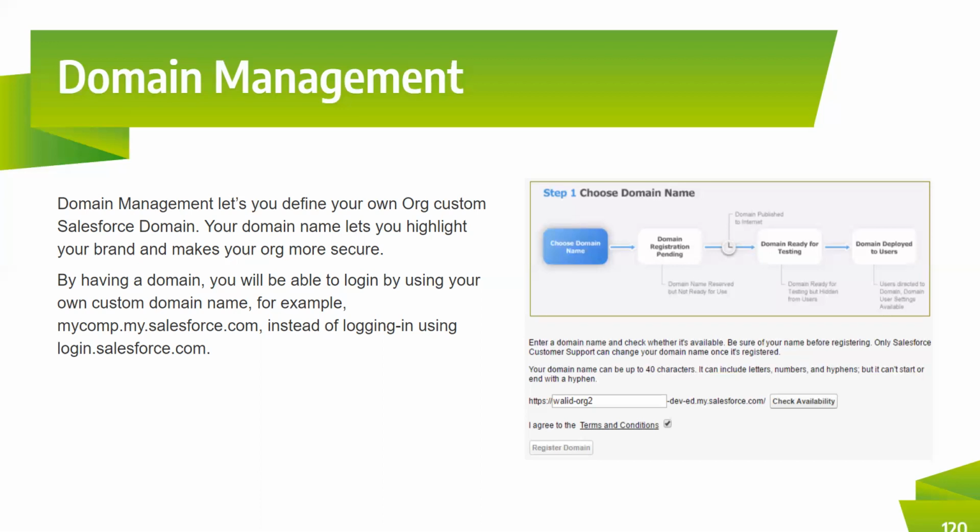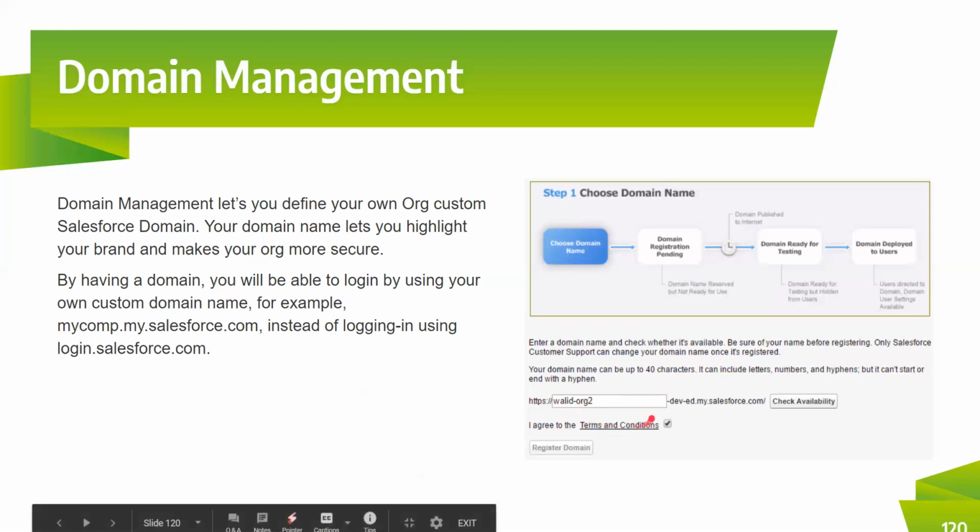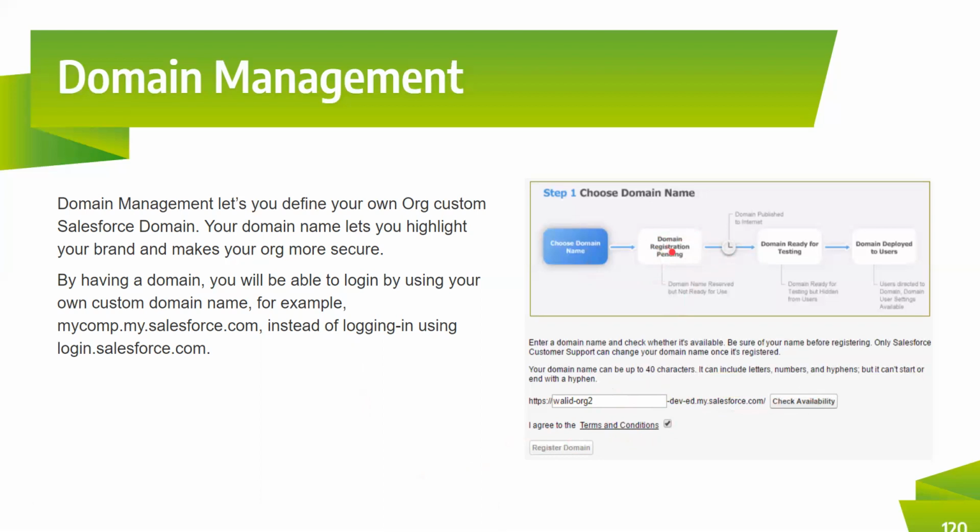You're going to use the domain here. So what is your domain? You're going to specify it under HTTP here. And then you're going to check for availability, agree to the terms and conditions, and register. After you register, the domain is going to be set here. It's going to be a wizard, one step at a time, but the first step is registering your domain.